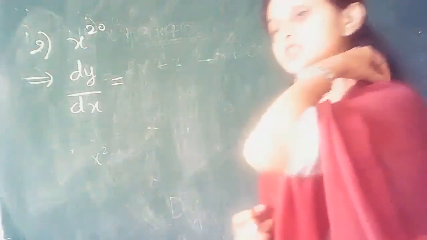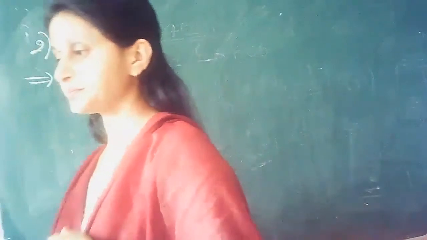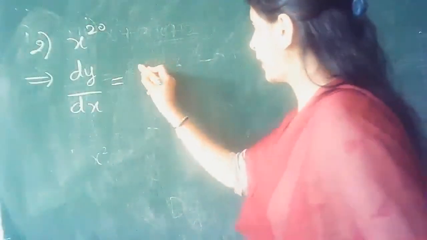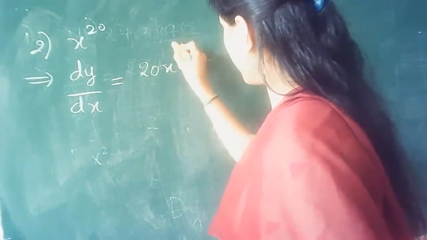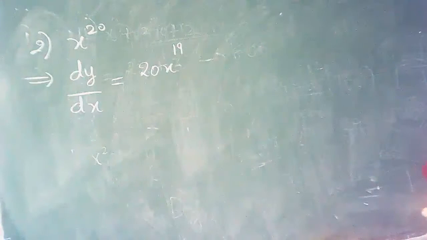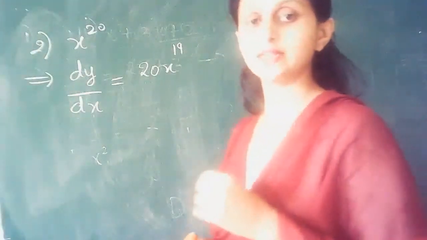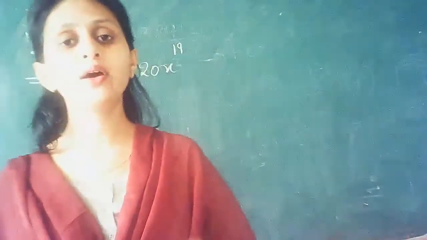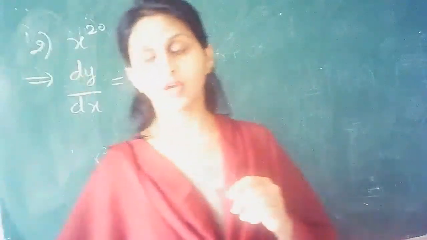Yes, what is differentiation of x to the power 20? Very good. So it is 20 x to the power 19. Differentiation of x to the power n is what? It is n x to the power n minus 1. So differentiation